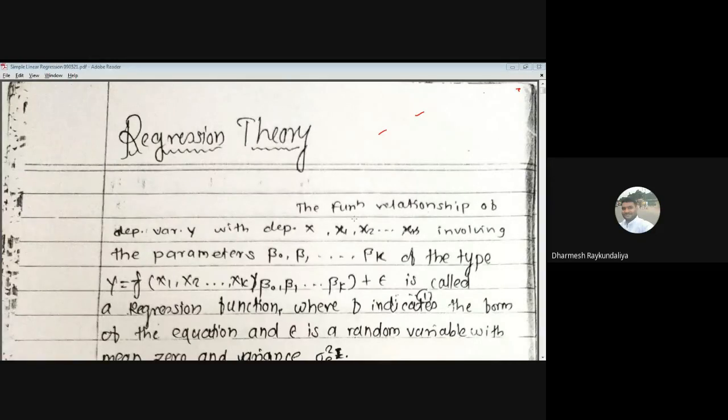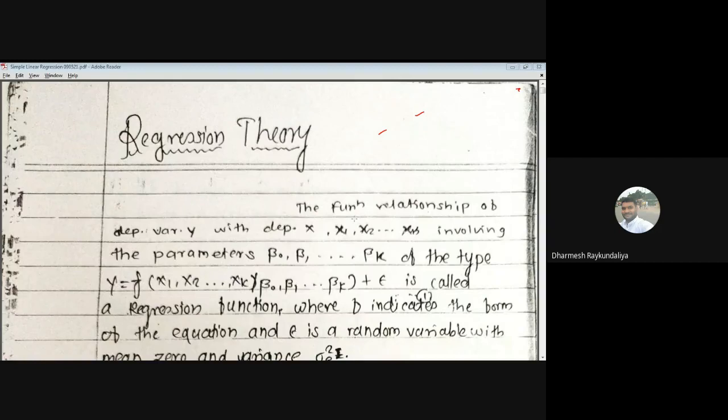So as we discussed in the earlier lecture, when we talk about linear models and regression analysis, what is the difference between the linear models and regression analysis? We say that both have two variables y and x, y is dependent, x is independent. The relation between y and x is linear in parameters. Both contain the systematic part as well as the random part.